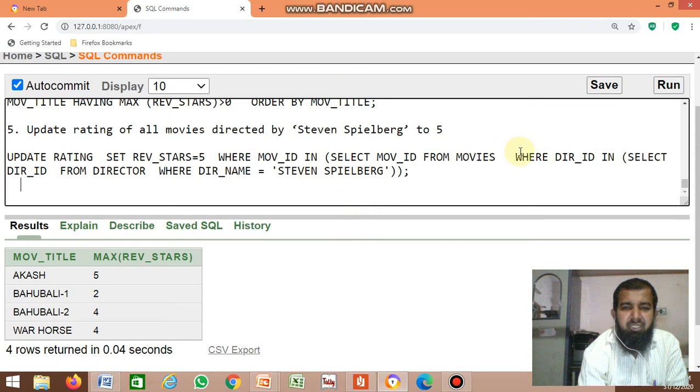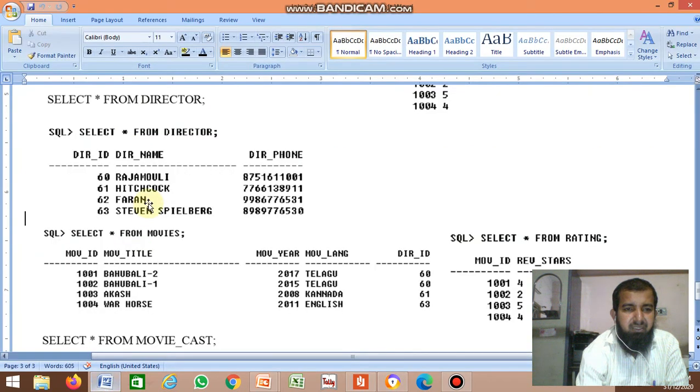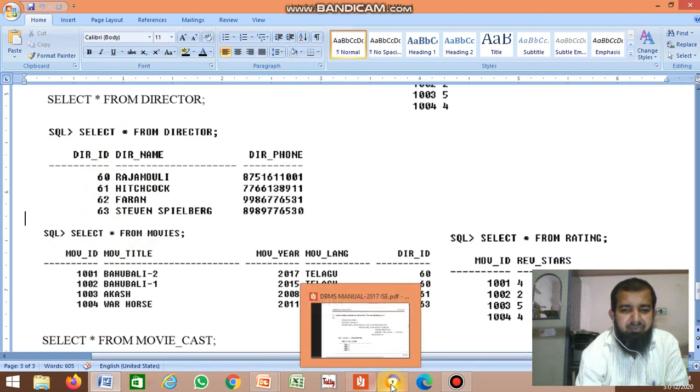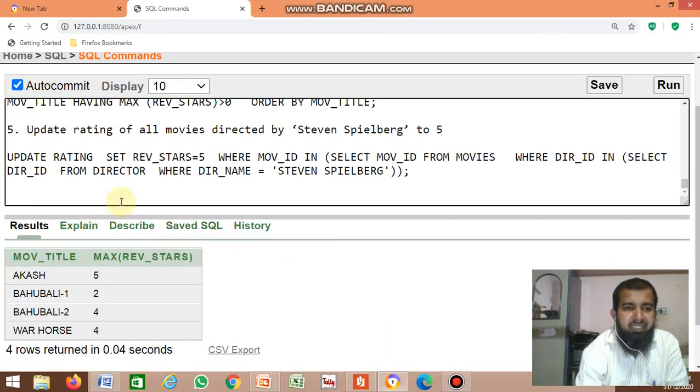See here. First you have to find the director ID. Select director ID from director where director name is Steven Spielberg. First identify the director ID. You get director ID as 63. Then what to do? Director ID 63.